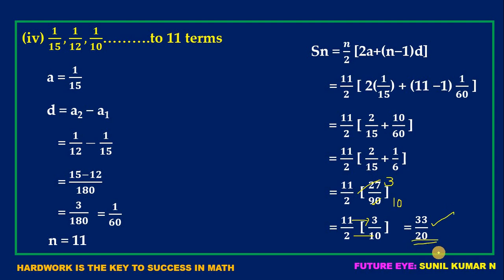So this is the sum of 11 terms of this AP, and this is the way of solving these kinds of problems when the last term is not given. In case the last term is given, we want to go for the second formula. But sir, I get confused, can I use this formula only? Yes, this formula can be used to find the sum of any AP. So it is better to always go through this formula.